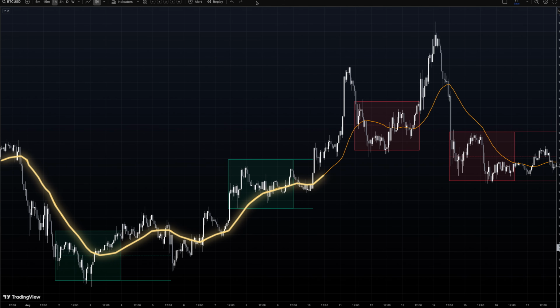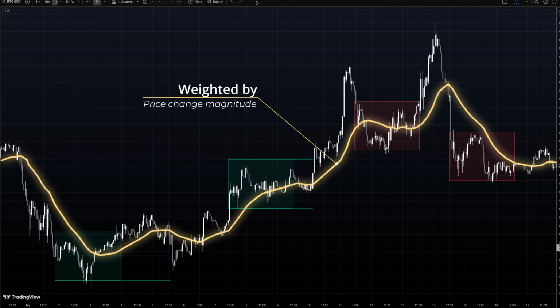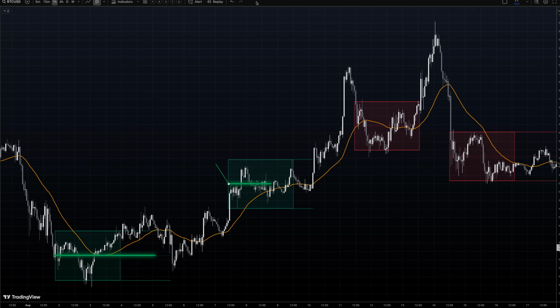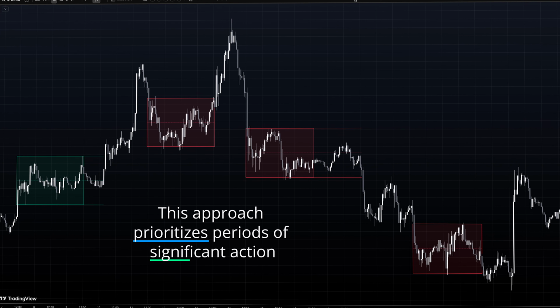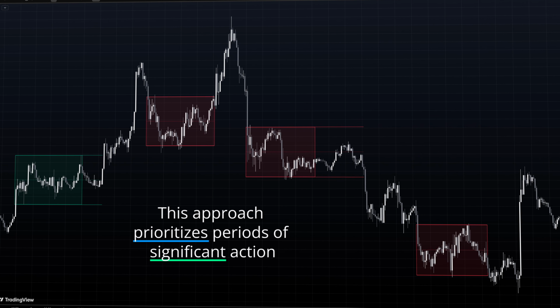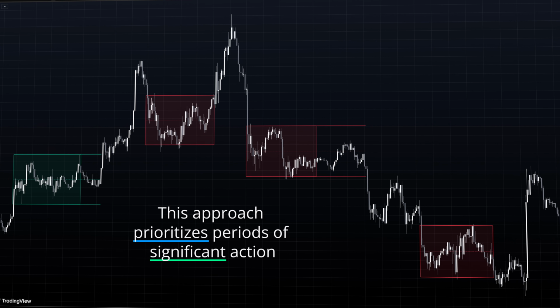The weighted moving average calculation assigns higher weights to bars with larger price changes relative to their closing values, creating a more responsive centerline that adapts to momentum shifts. This approach differs from traditional moving averages by focusing computational weight on periods of significant price action rather than treating